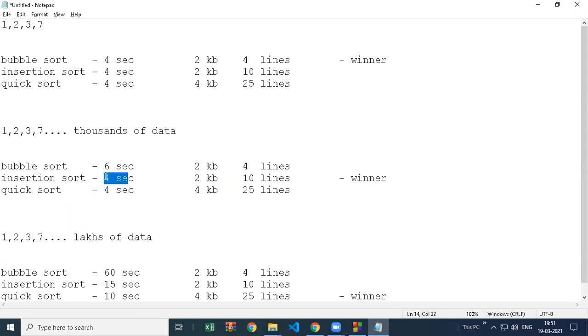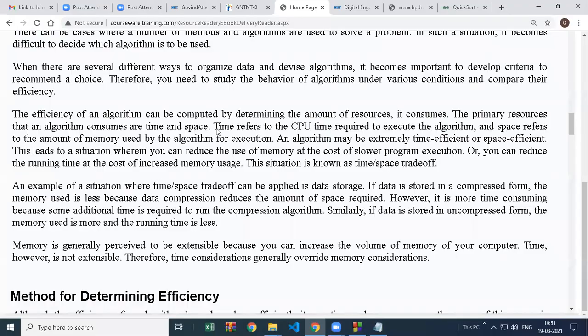Because insertion sort is taking more time. So whenever you have time and space in front of you, if the time is increasing but space is decreasing, or space is increasing and time is decreasing, this situation is called time space trade-off. You have to select one option which is more important for you. So which option will you select?